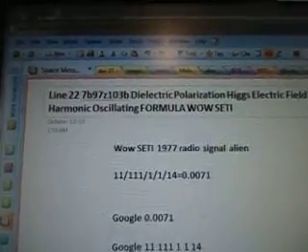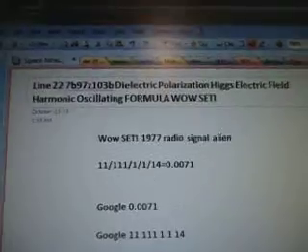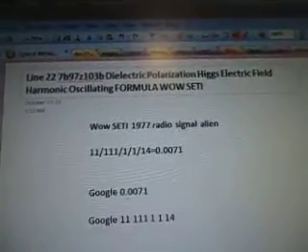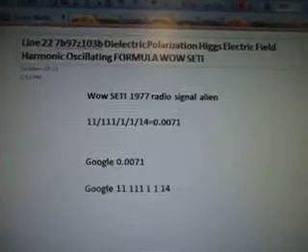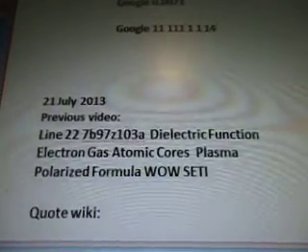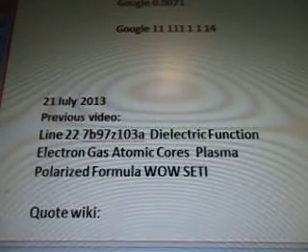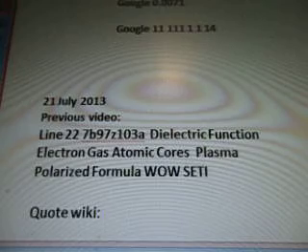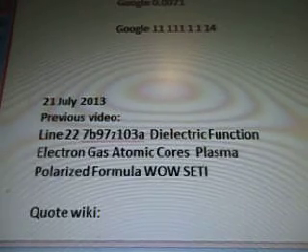Okay, line 22, 7b97z103b, dielectric polarization, Higgs electric field, harmonic oscillating formula, Wow Seti. There's the alien radio signal. This is flux for electric Higgs field, graphite films, laser beams, UFO space travel ideas for the core wires, engine found in line 22, while